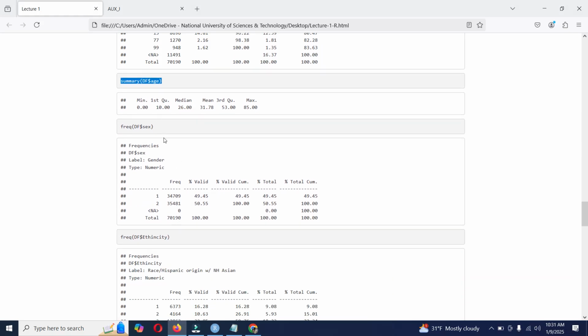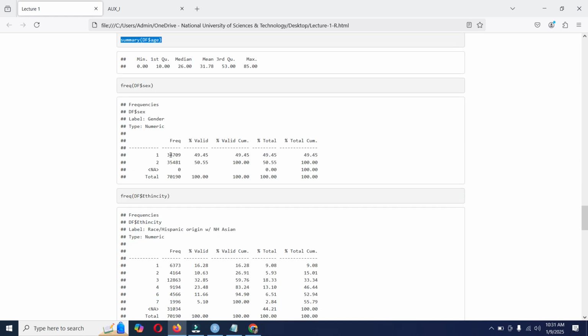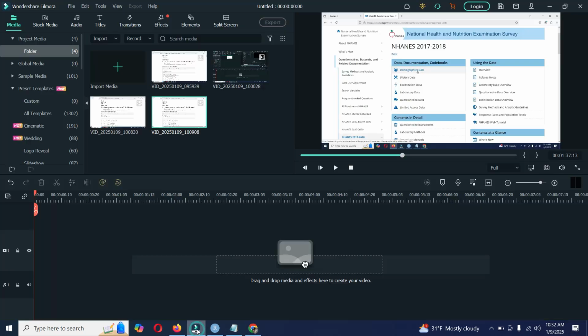And then you can recode your data. You can, for example, label your data, and you can recode your data, and you can see more detail about your data. So in the next video I will just do